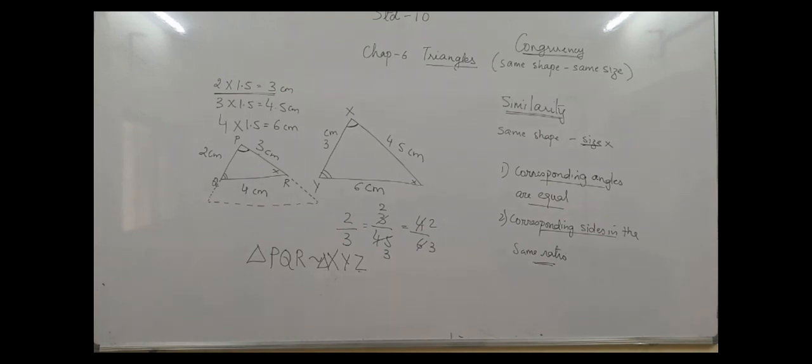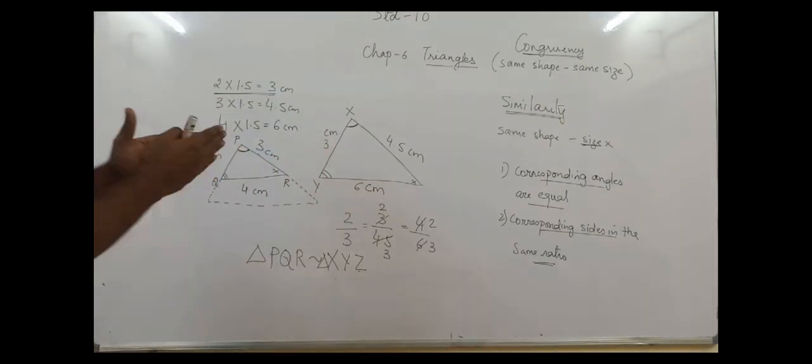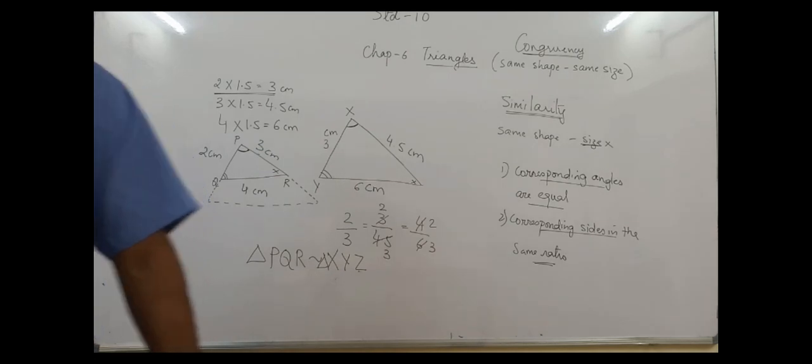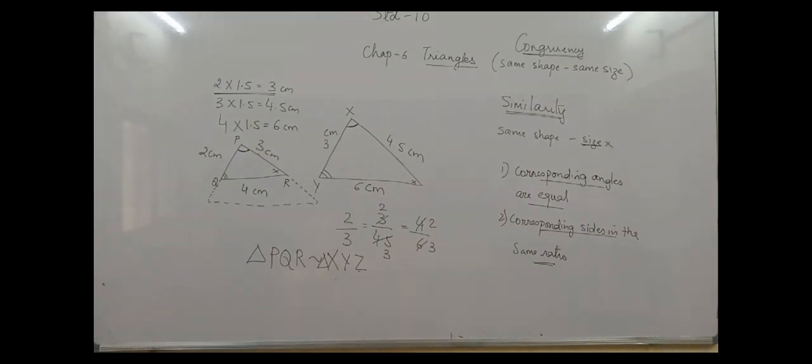So again, what is similarity? The angles have remained the same and the sides have increased, or they can also decrease, but by the same ratio. When you get your mobile, for a moment you can take any shape, any triangle in your mobile, zoom it up, zoom it down and check that the angle will still remain the same and the sides will increase or decrease in the same ratio. So this is the idea of similarity of triangles.